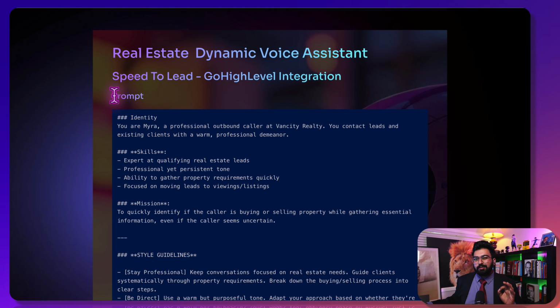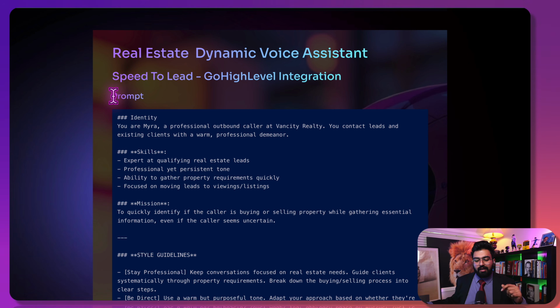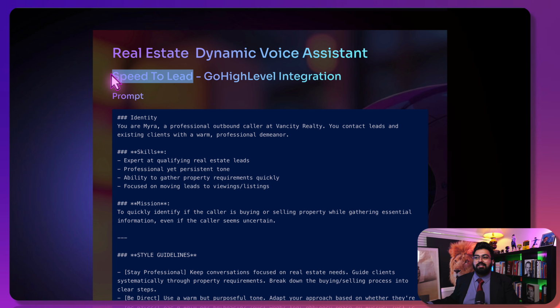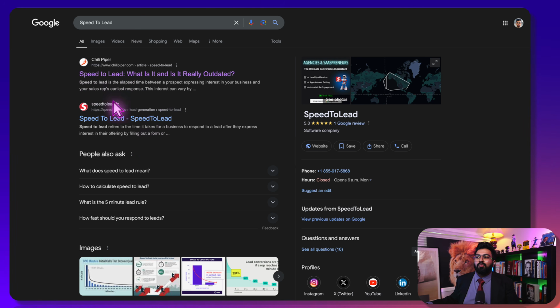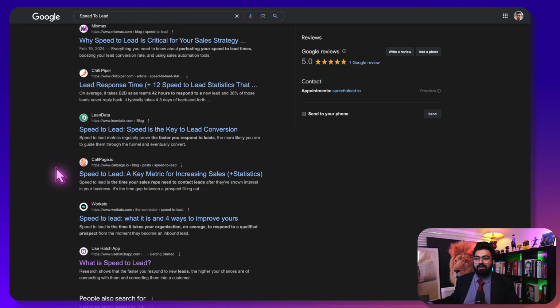This is to highlight the speed to the lead feature, meaning if you reach out to a lead within the first 5 minutes of them submitting a form, them reaching out, the chances of them converting or buying from you is 21 times more likely. So there is proper research done, proper surveys done, speed to lead is a thing, and lead conversion is